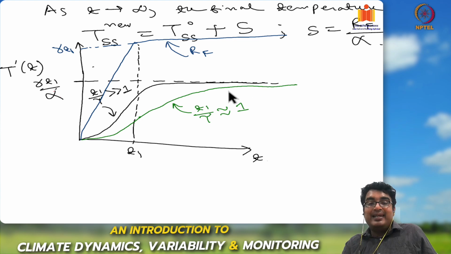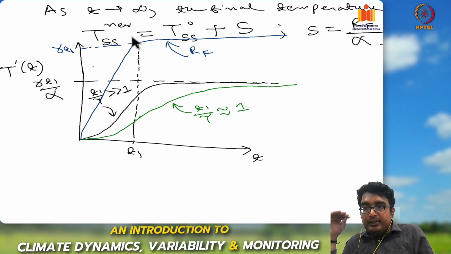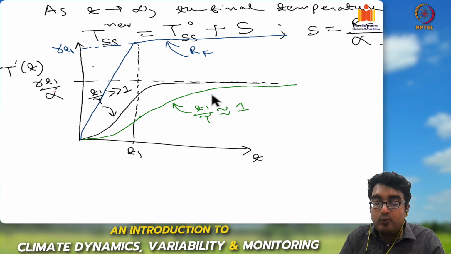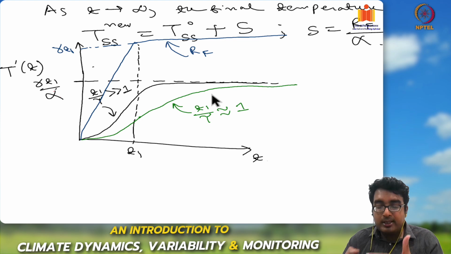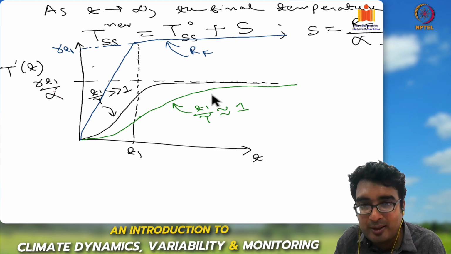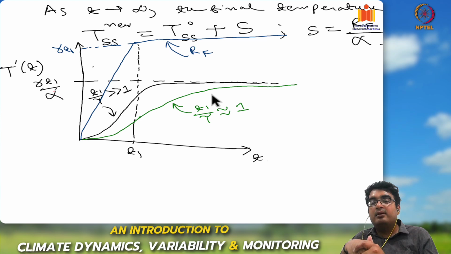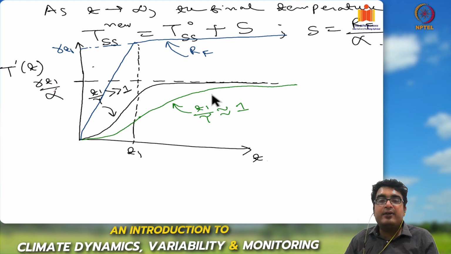In that case, we see that the temperature continues to increase for a very long time even after the radiative forcing has become constant, that is, the greenhouse gases have stabilized. So this is called the history effect: even after we have stabilized the greenhouse gas concentrations, that is, we are no longer emitting any further CO2, because we have emitted over a very short period of time, of the order of the feedback response time, so we have emitted say over 90 years or something like that,